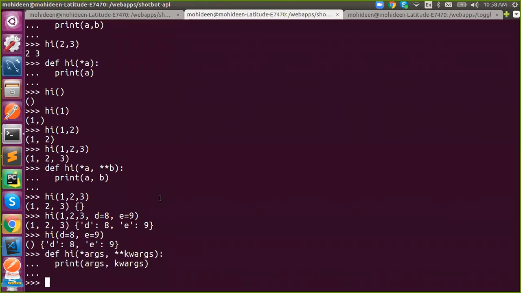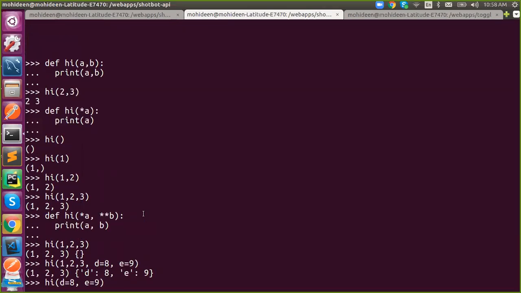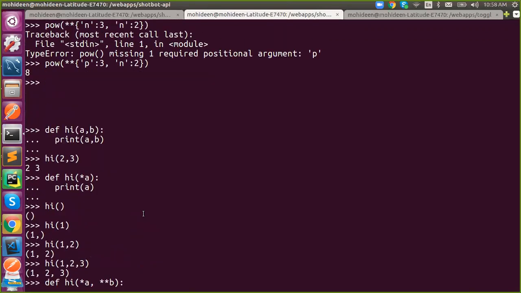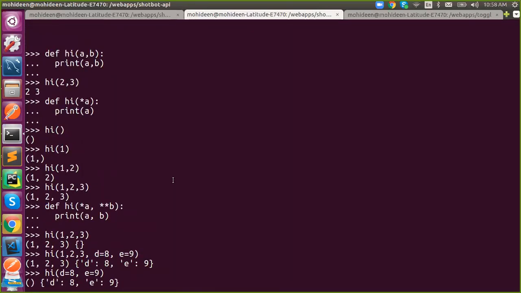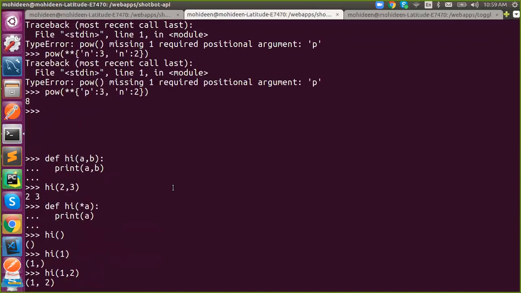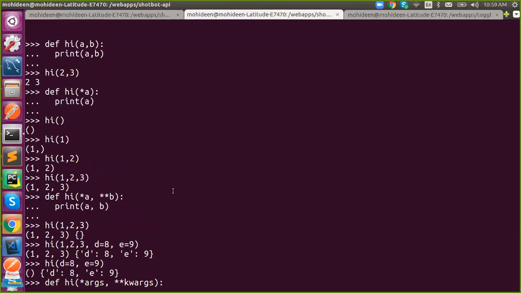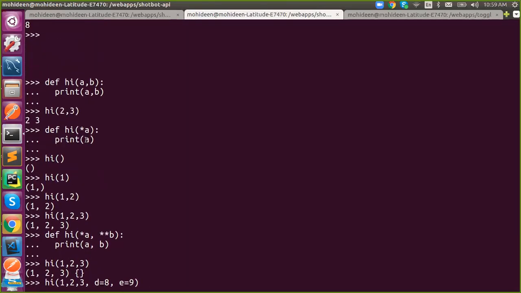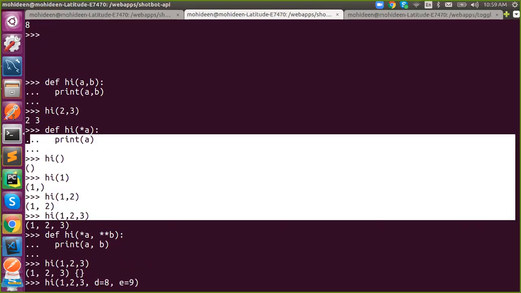So any doubts in this? So we are done with the named function. Tomorrow we'll talk about anonymous function, because I don't want to confuse you even more. So you need to do practice, because we have seen a lot. I'll stop here itself. If you want me to revise anything, I will do.